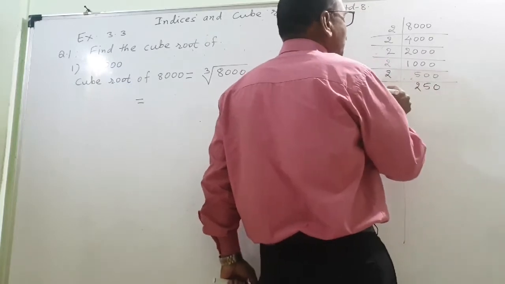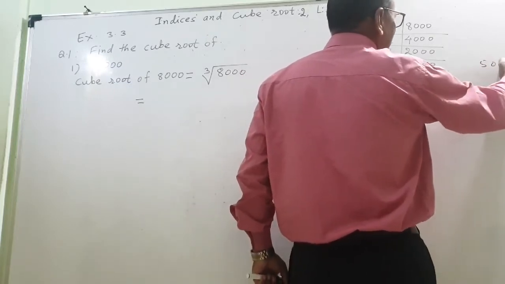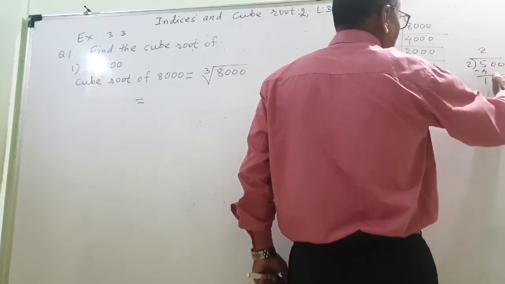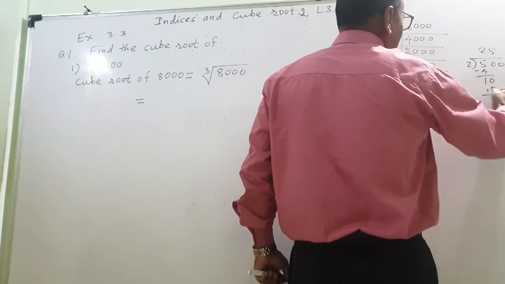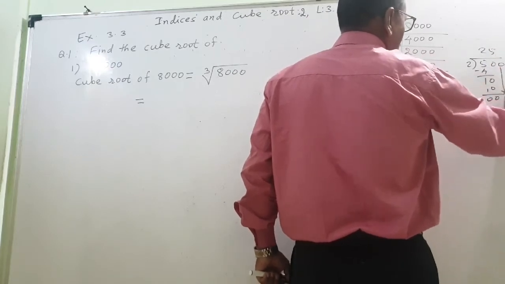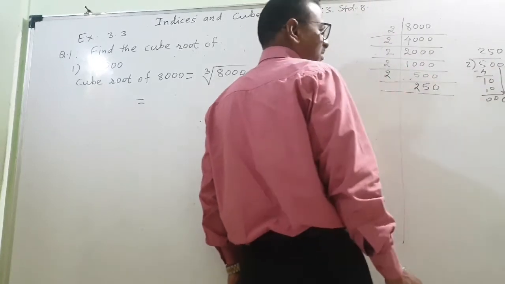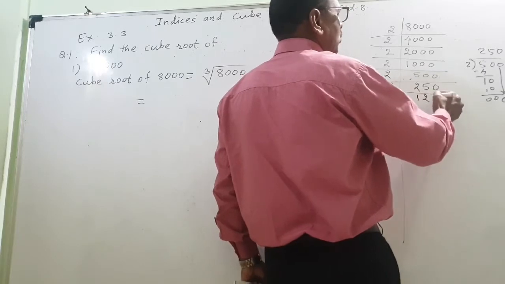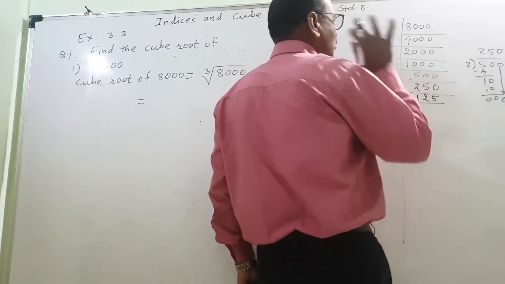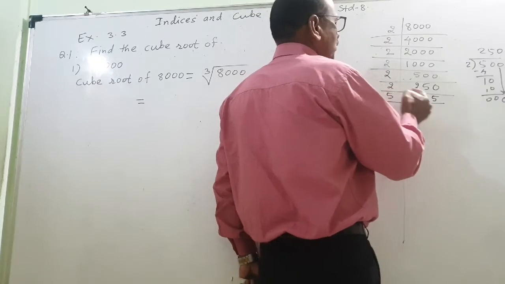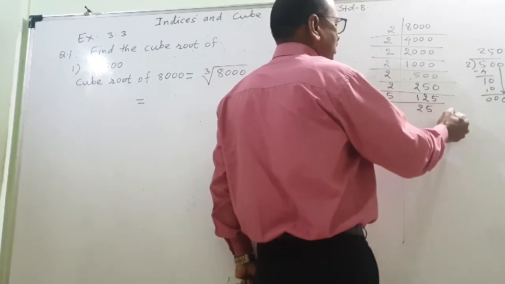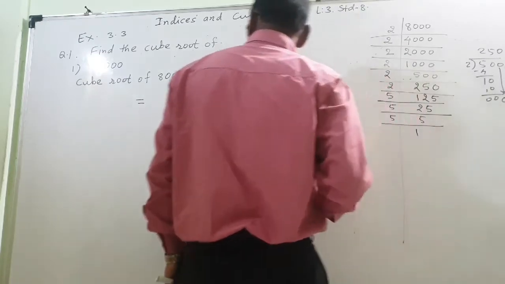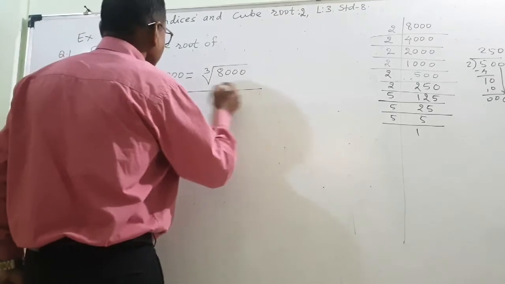This way, if you can't do the division, write like this: 500 divided by 2, 2 4s are 8, remains 1. Take this 0, 2 5s are 10, 0, 0, take this 0, the division is 250. That way also you can do. 2, 2 1s are 2, 2 4s are 8, 2 5s are 10. Now 2 is over. Now 5. 5 5s are 25, 5 5s are 25 and 5 1s are 5. This everything you will write here.